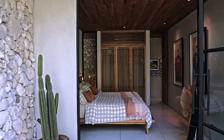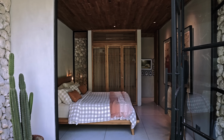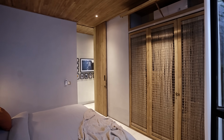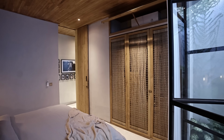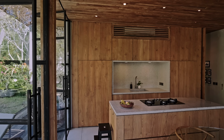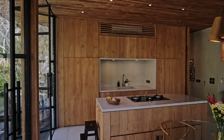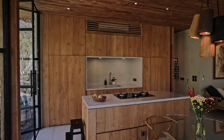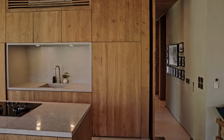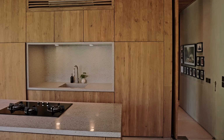The split systems have actually been concealed in the timber cabinetry, so a really smart way to actually hide that away, because aircon is very important while we are in Bali. The recessed terrazzo kitchen bench and that sunken sink, the way that terrazzo wraps around and just encases that little hole in the wall. And I think it just plays beautifully like a border to the rest of that strong